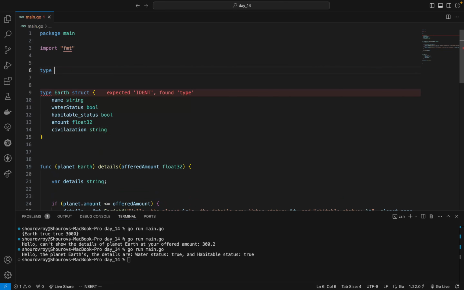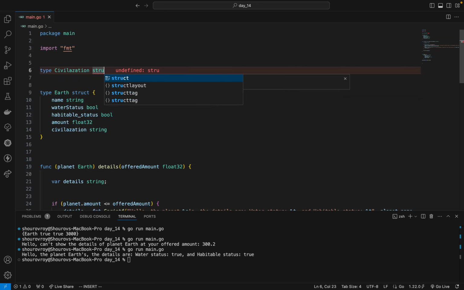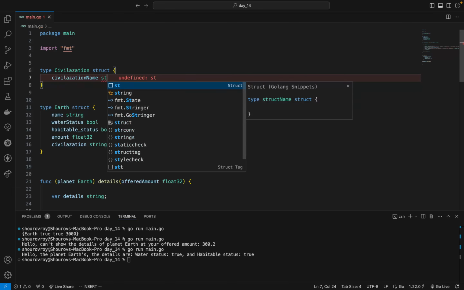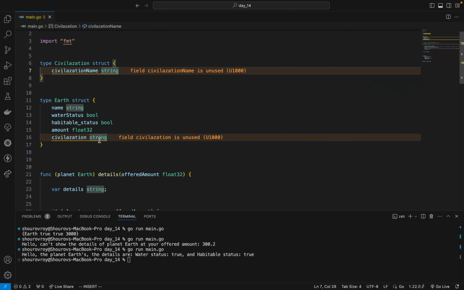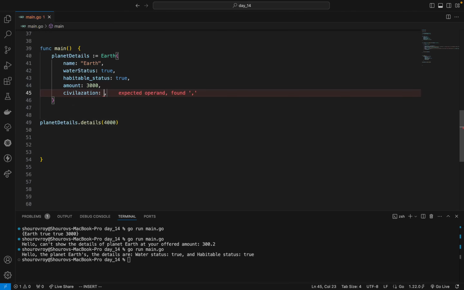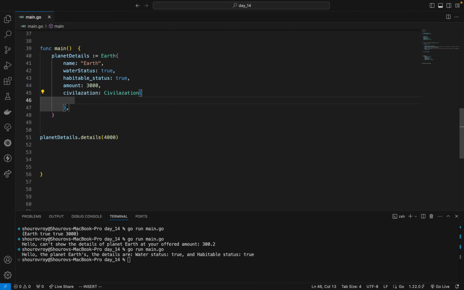So let's create type civilization struct, name, civilization name. This is a string, and we can use civilization struct as well here. So now in this case, you'll be able to fill up another field with civilization struct, civilization name, which is human,